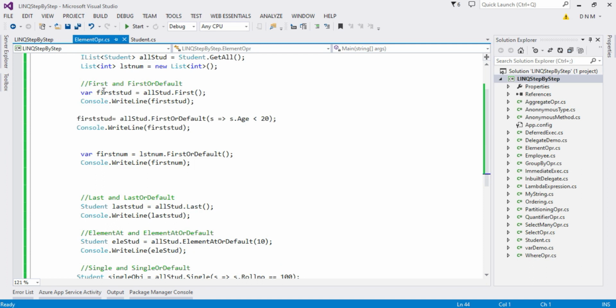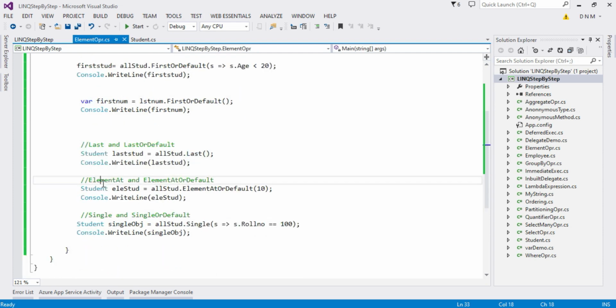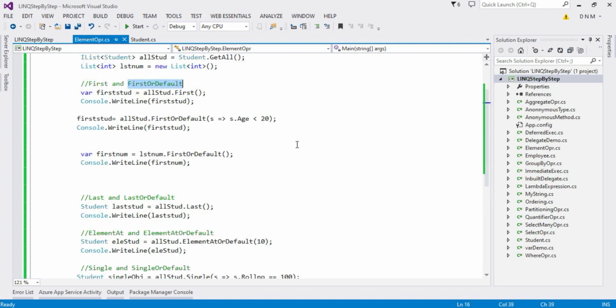And as well as, the difference is also clear: first, or you can say last, then element at, and single, all these 4 operators throw an exception when your collection is empty, whereas single or default, element at or default, last or default, and first or default will handle the exception. It will give you a default value. Okay, so definitely to be on the safer side, we use these default methods.